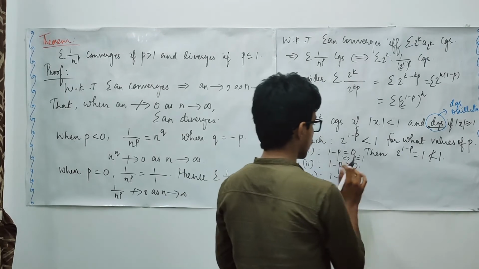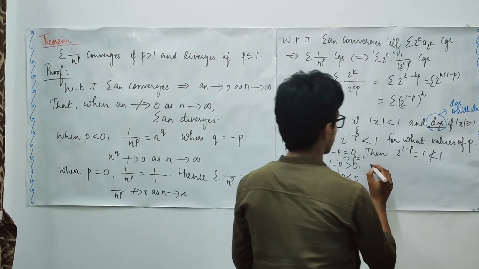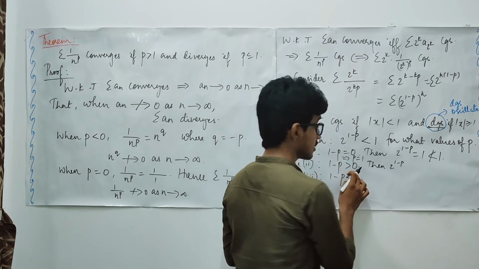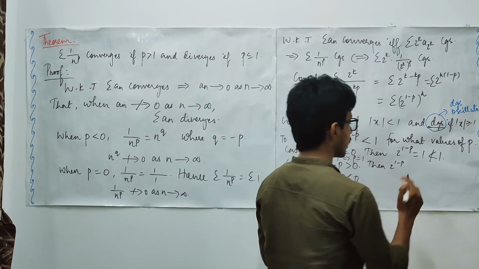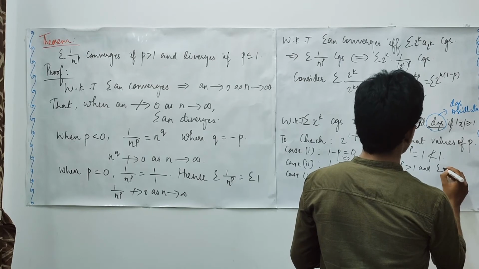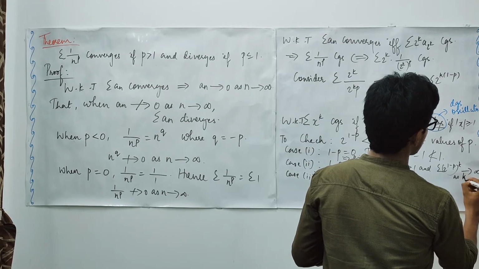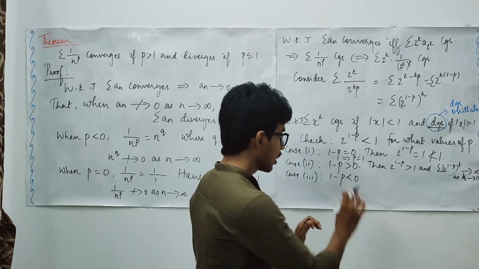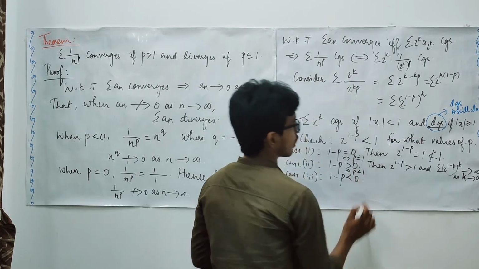Right? Here what is going to happen? When this quantity is a positive quantity, 2 power 1 minus p becomes what? This is some positive quantity. So, this is something bigger than 1, and summation 2 power 1 minus p to the whole power k approaches infinity as k approaches infinity. Right? In this case also we are going to get divergence, and this is the case of what? When you take p to this side, this is the p less than 1 case.